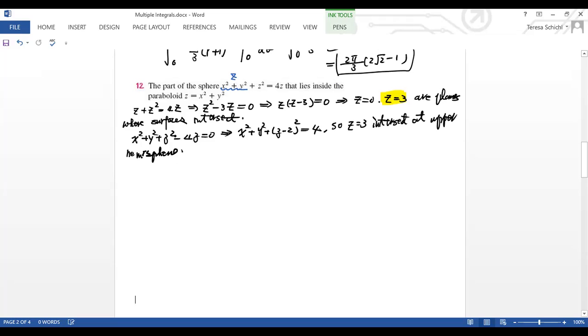Okay, so now I know the here, so I can rewrite this one here. So I will say z minus 2 squared is equal to 4 minus x squared minus y squared. So I can say z is equal to the square root